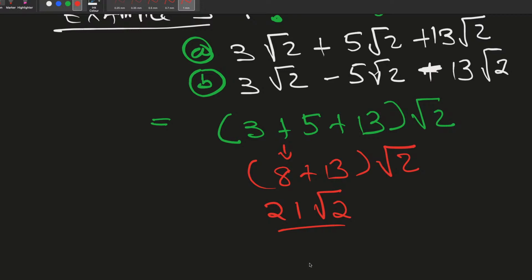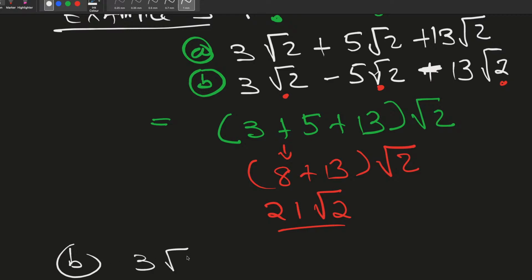Now let's look at the minus 1 as well. You see, we'll still have root 2. That's very common, meaning we can factorize root 2 out. Because of that, our question, that is B,